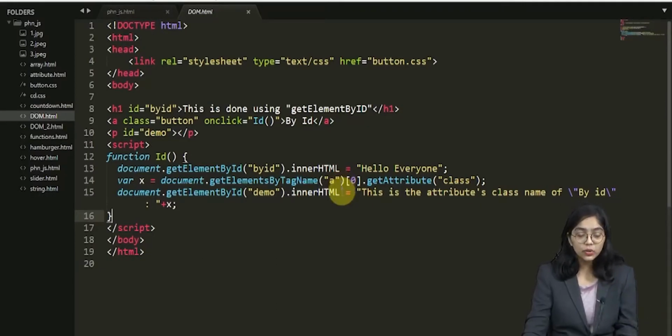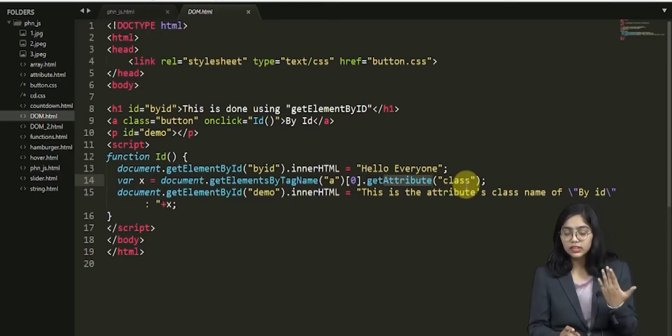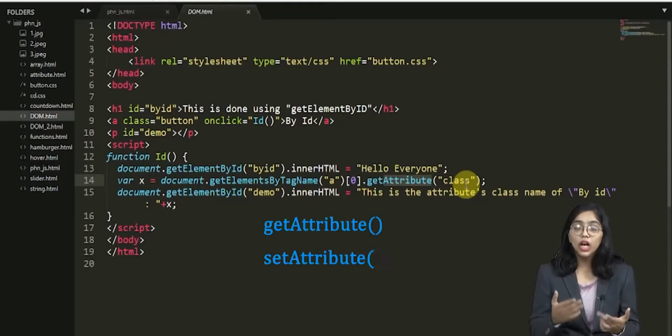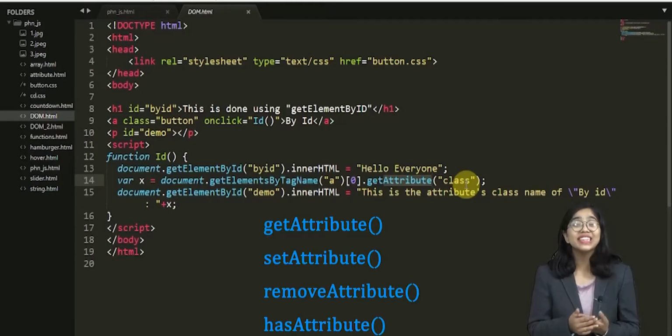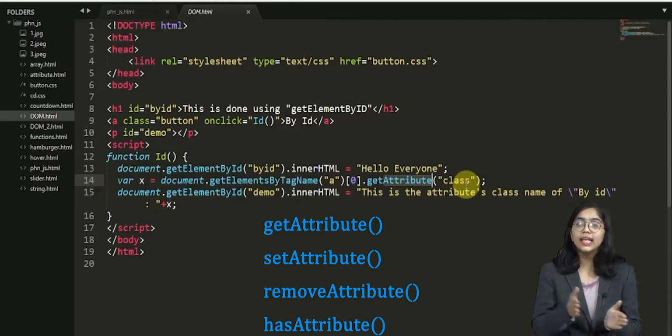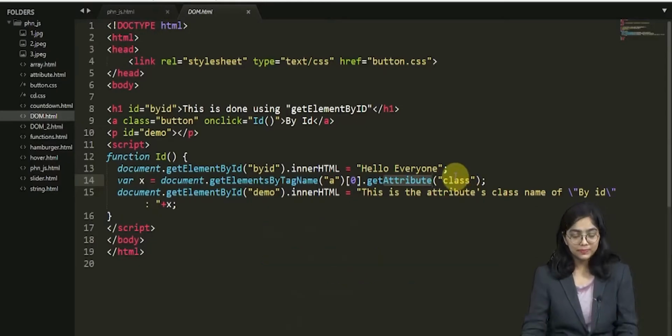So when I say 0, it is first going to come to this particular element. So that's why I have given array 0 dot getAttribute. Do you see an attribute over here? getAttribute class. Now in this way, I have taken an attribute using getAttribute. You can also do setAttribute, you can also delete these attributes, and we will learn about them more in a practical approach during the practical examples of JavaScript.